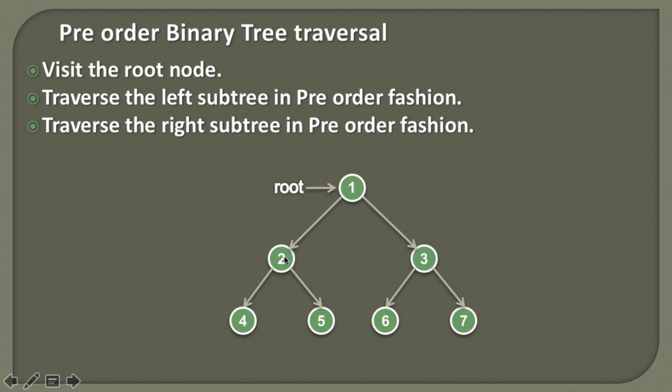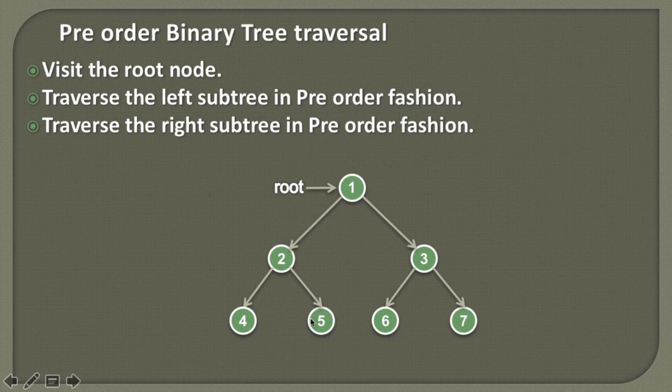And then we return back to the node having data as 2. We have processed this node 2, and we have processed the node 4. Now in the third step, we visit the right subtree. So we go to the node 5 and apply these three steps on the node 5. We first visit this node, then its left subtree, and then its right subtree.